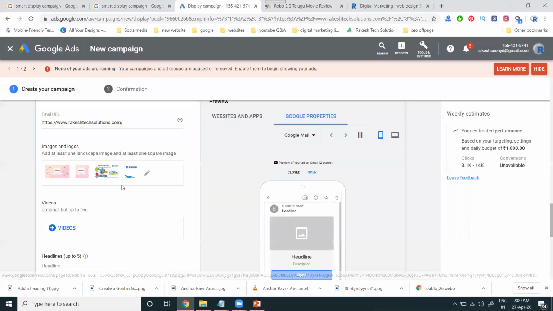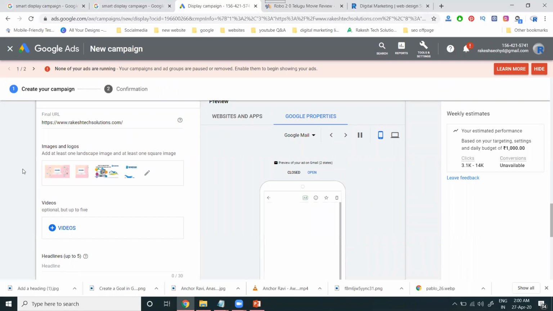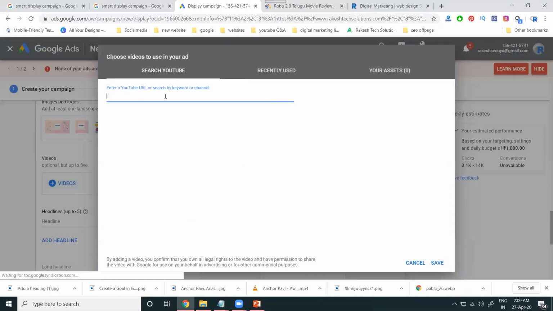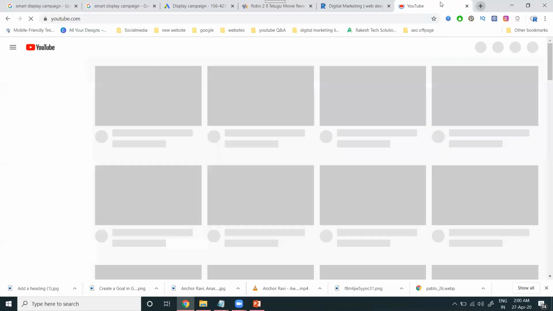And save this option. Two logos will be selected here. Here there is a video option. For the video option, we have to select the YouTube URL. So go to YouTube.